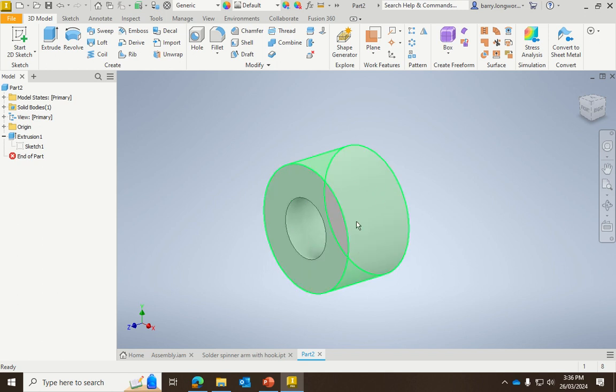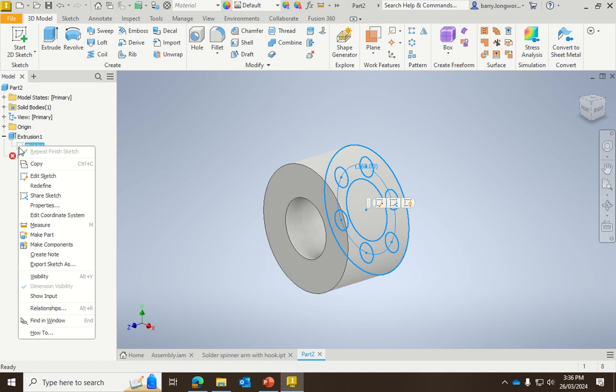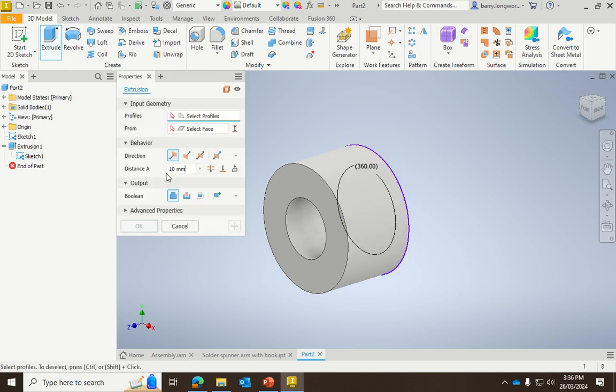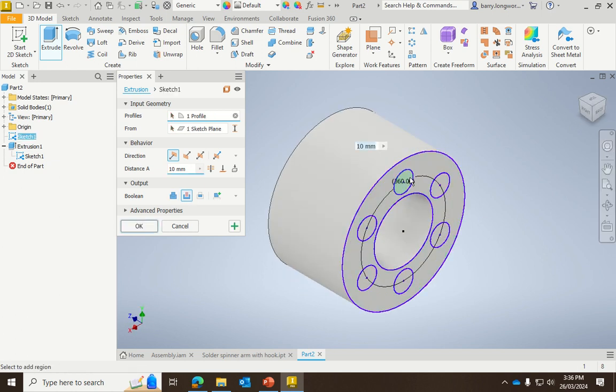Now I can't do that because even though those little circles are on the sketch, this sketch has been used for this extrusion, so therefore I can't use it anymore. Well, apparently I can't, but I actually can. So if I want to use this sketch again for another feature, I can right click on it and go share sketch. Now you can see that my sketch is blue again, which means that I can use it for something. So if I go extrude, and then I go around to this side here, I can select all of these,